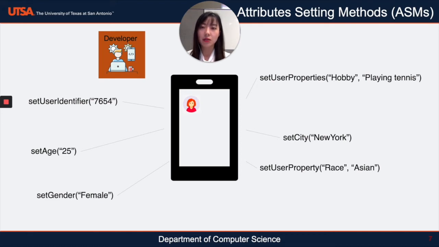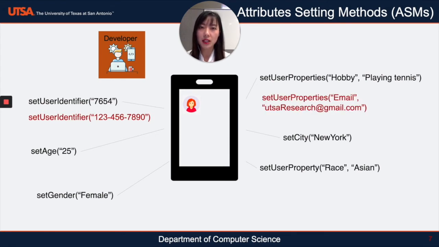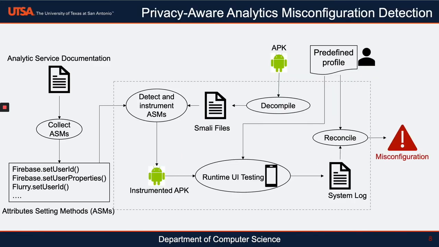This method allows app developers to set a unique ID for the individual using the app. Another example is set user property. Basically, it allows us to set anything that we need. An example of misconfiguration would be using the phone number as a user's identifier, or putting the email address as a user property. So knowing the ways to do the configuration, we developed a semi-automatic approach to detect misconfigurations, and